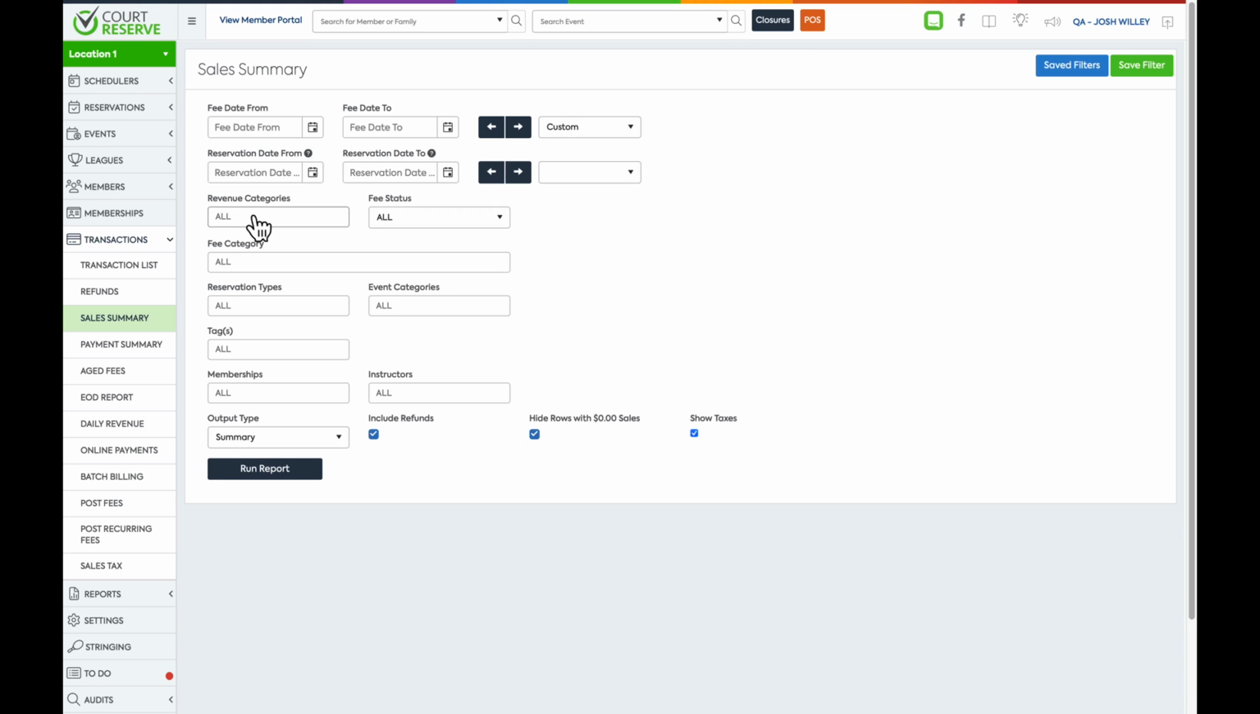So below that, we are going to have the revenue categories filter. So if you do have revenue categories in your organization, we can filter revenue or payments just by specific revenue categories if that's the information we are looking for. We also can set the fee status. So right now with a fee status of all, we are going to be looking at both unpaid and paid